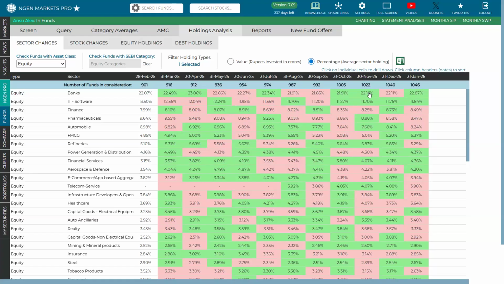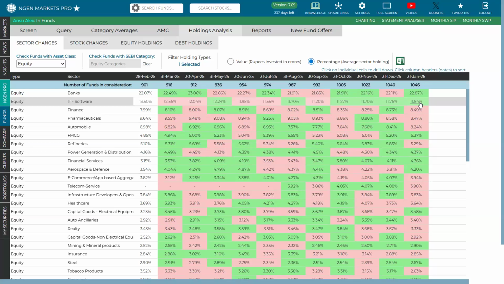Following that, next to each of these sectors, you could see certain percentages that have been mentioned. For example, if I try to read it for 31st Jan 2026 for the second sector, which is IT software, and I try to understand its data for the latest month, it is mentioned as 11.84.